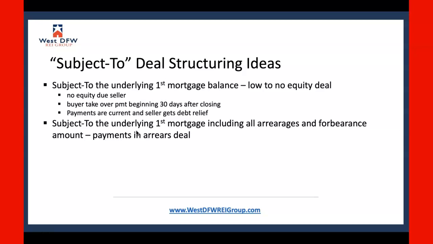Okay? The second scenario is subject to the underlying first mortgage, including all arrearages and any kind of forbearance amounts and the payments in arrears. Okay? So that's what this is. This is a payments in arrears kind of deal. So you've got arrearages, you've got forbearance amounts, and I haven't had a lot of experience with the forbearance, so you have to go pursue that. Make sure it's on the property information sheet, which I updated, so the one I provided in the class has that question on it to help you remember it, and you need to go get that agreement